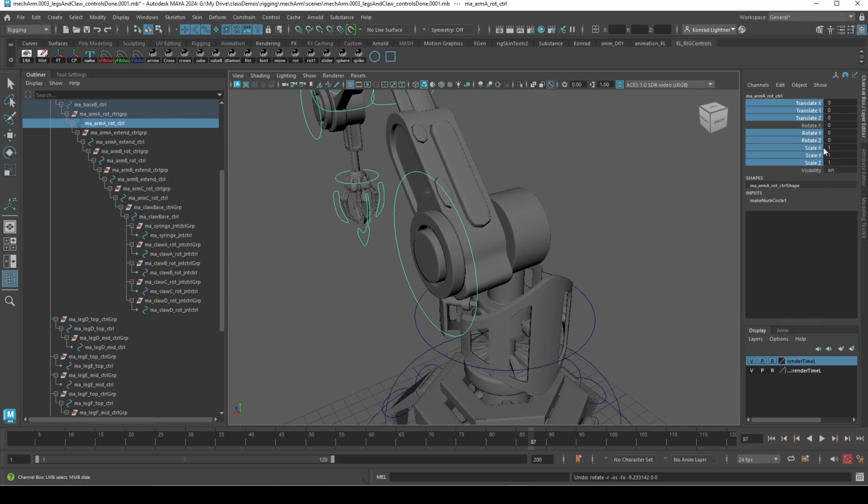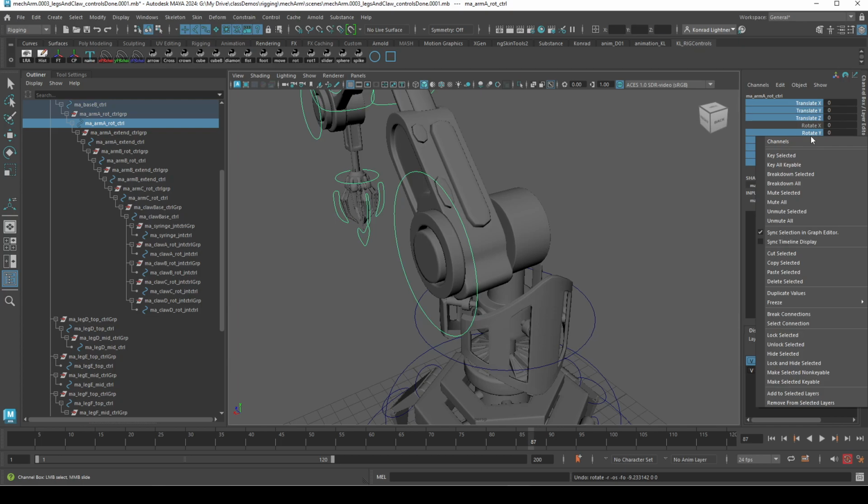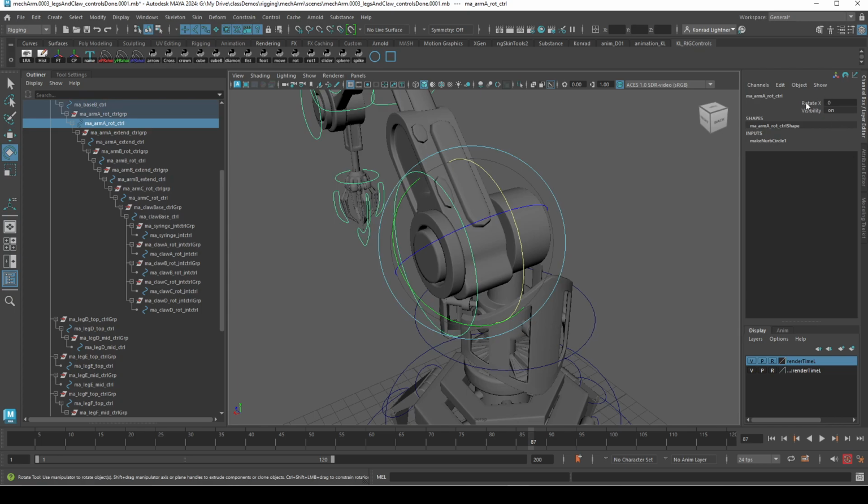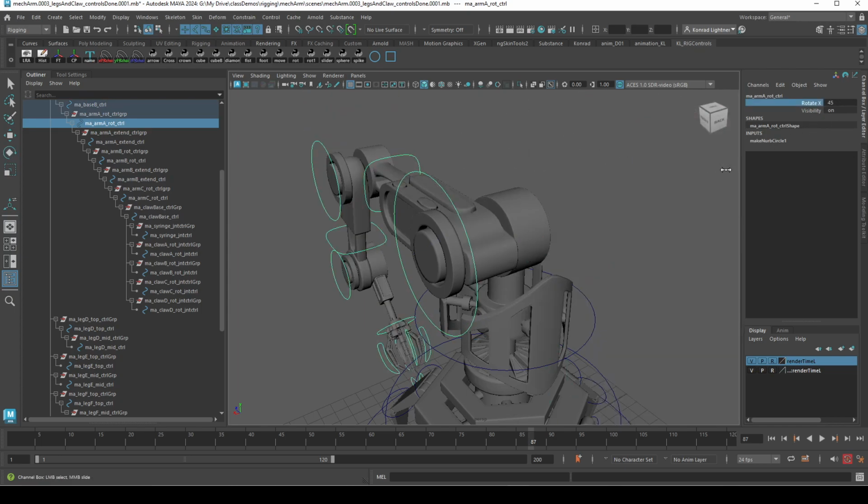And I'll leave visibility, sometimes that's useful to keep on. I'm going to right click and go lock and hide selected. So that will lock it and kind of make it disappear. It's hard to make it come back, so that's why I say be very careful with this. So lock and hide selected, and now when I select this, that's all I can do,